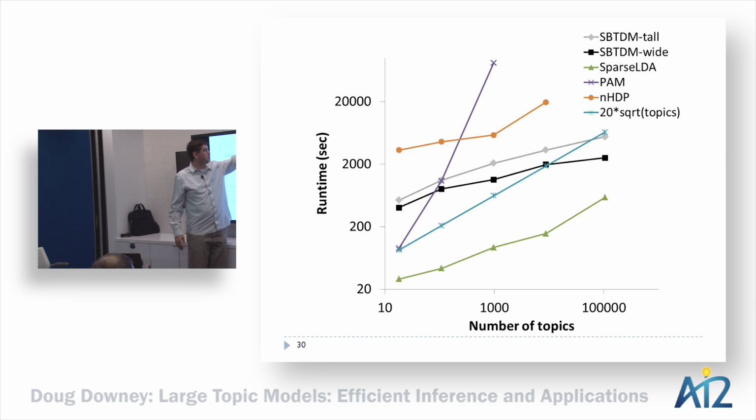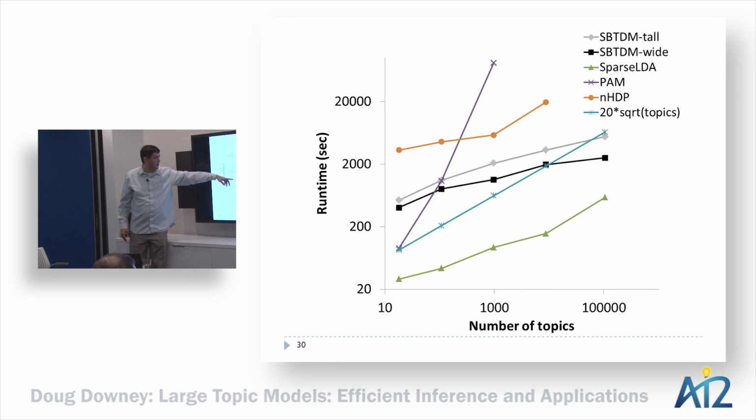We're paying more. So these are the 2 sparse Backoff tree models, the gray and black. They are more expensive for small numbers of topics. So if you really want to use 100 topics, you probably wouldn't want to use this thing. But as the number of topics gets large, these things scale pretty well. These 2 other, the purple line and the orange line, are other hierarchical models. This is the story about how they don't scale that well as the number of topics gets large. By the way, this is a log-log scale, right? So small differences up here near the top are actually pretty important.